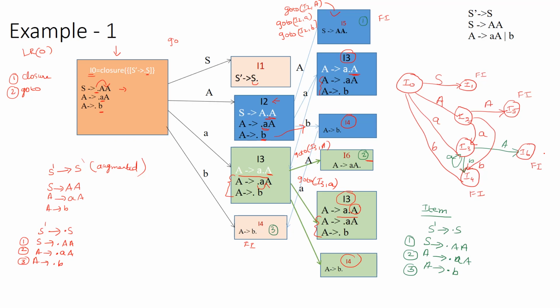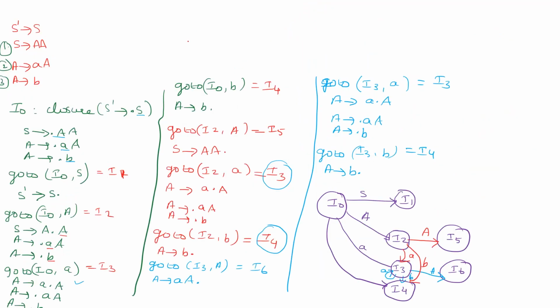So from this we have to construct our parse table. We'll see how to construct it. As I have told you in the previous case, pictorially we have represented it, but actually speaking you have to calculate closure as well as goto. For the initial state closure, and for this I have to calculate goto of I0 comma S, goto of I0 comma A, goto of I0 comma small a, and goto of I0 comma small b. This I have to calculate.